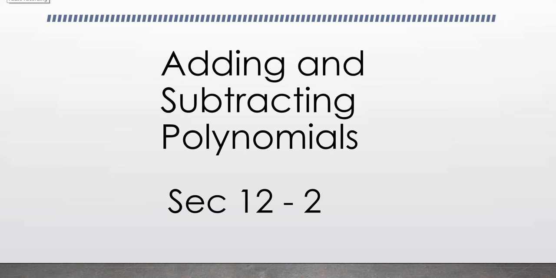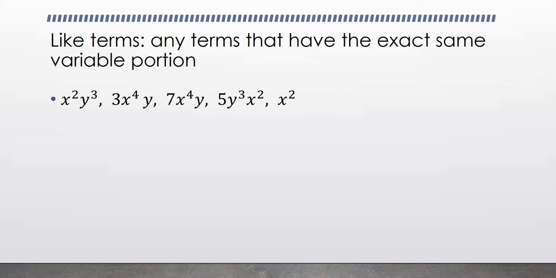Section 12.2 is adding and subtracting polynomials. So, like terms, we've talked about that before: any terms that have the exact same variable portion. So I've listed, let's see, 1, 2, 3, 4, 5 terms here, and we're looking for the terms that have